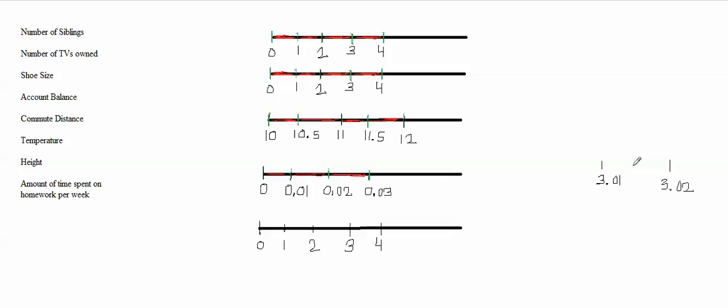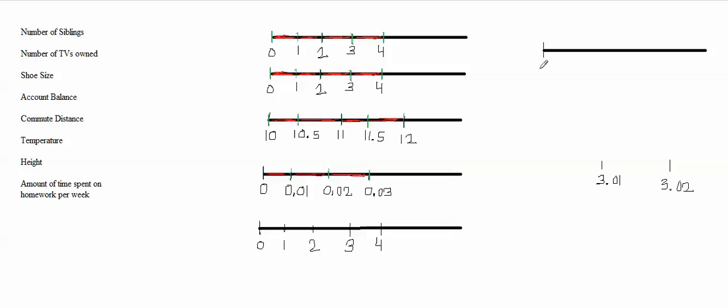The area in between here wouldn't just be a gap area, because a person could have a commute distance between 3.01 and 3.02 miles. For example, it could be 3.015 miles, which would be halfway in between. So this number line is not correct. Even if we made a number line showing the thousandths place, that still wouldn't be correct, because